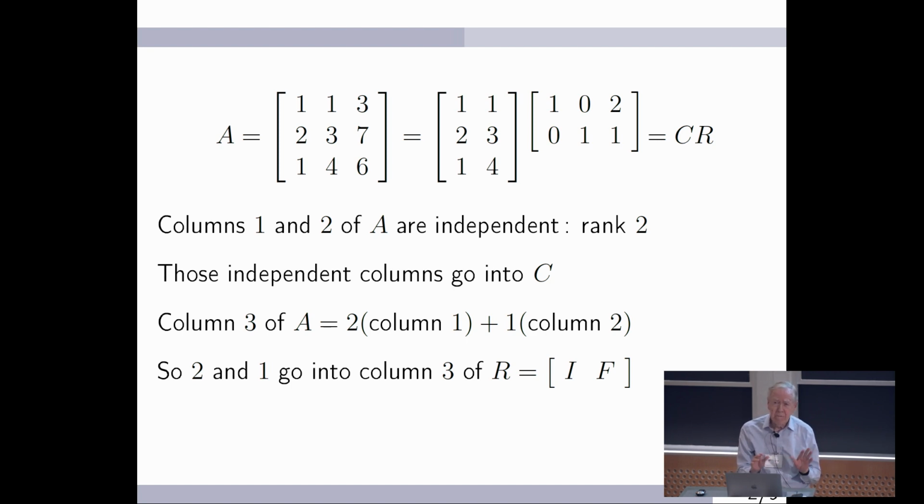So it's a really, you could say, trivial factorization. But I think at the beginning of the course, trivial isn't a bad thing. And what's more, we're learning how to multiply matrices. That's the early understanding that has to come. Okay. So you see that R has in this case the identity in the independent column part, and some F matrix in the rest.